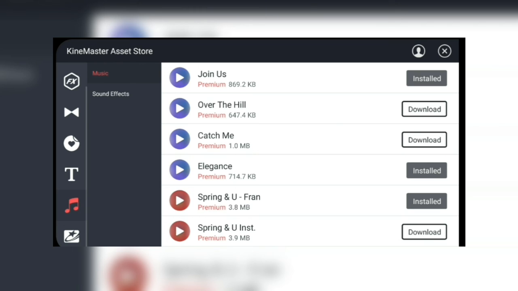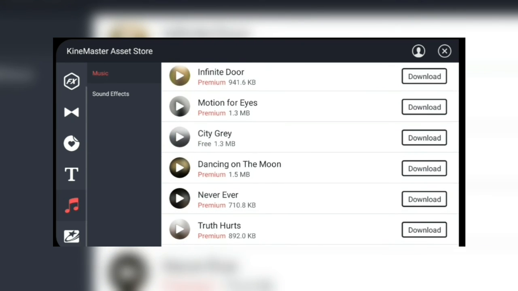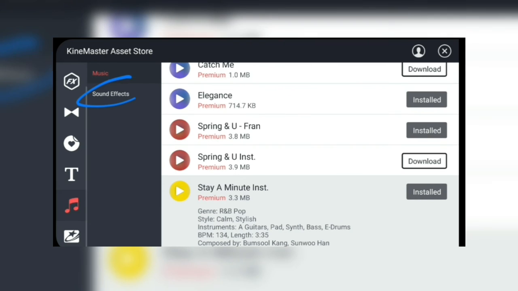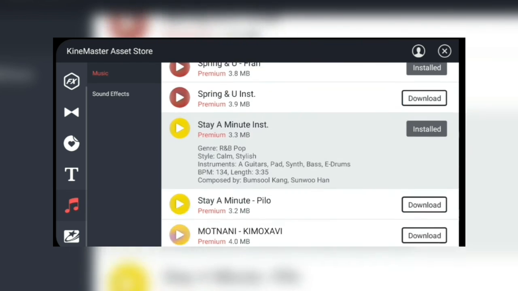Means in those videos I have showed you how to download the hack version of KineMaster. So I will leave all the videos of KineMaster hack version in the eye icon, so you can check out any of them. So yeah, this is the music folder, and over here you can see there is also a sound effects folder, but in today's video I am not going to touch that part. So I am only going to show you the music one.